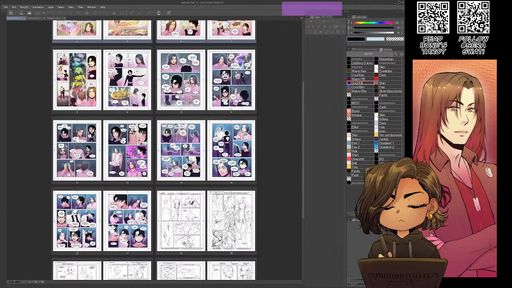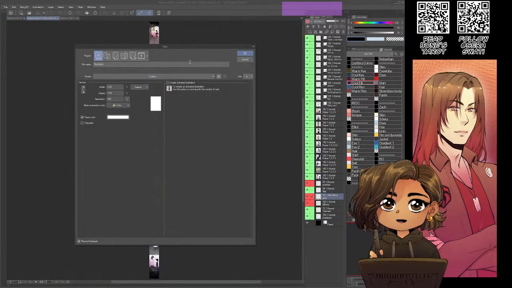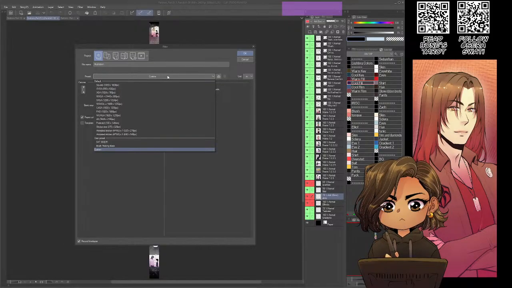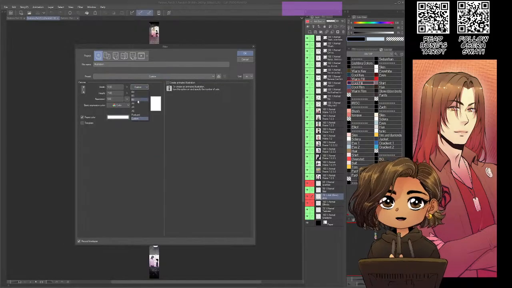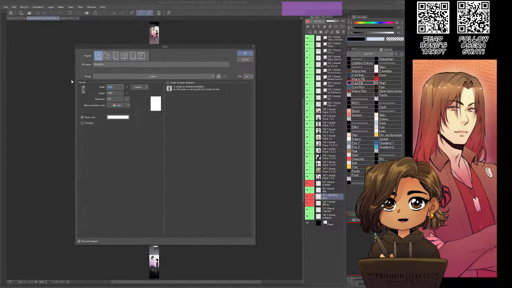reformatted pages. So we're gonna set up a new custom preset. Okay. I'm going to change units to pixels. Width is 940 for Tapas.